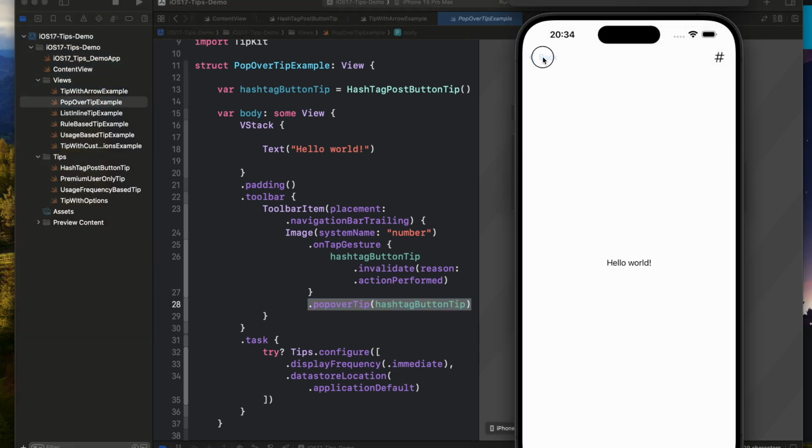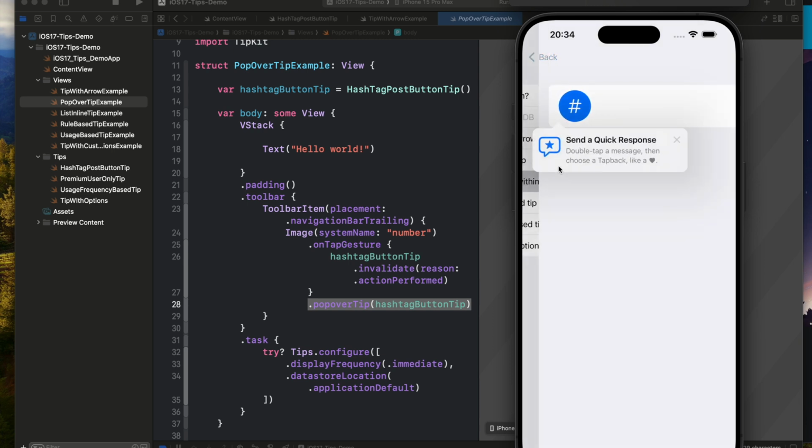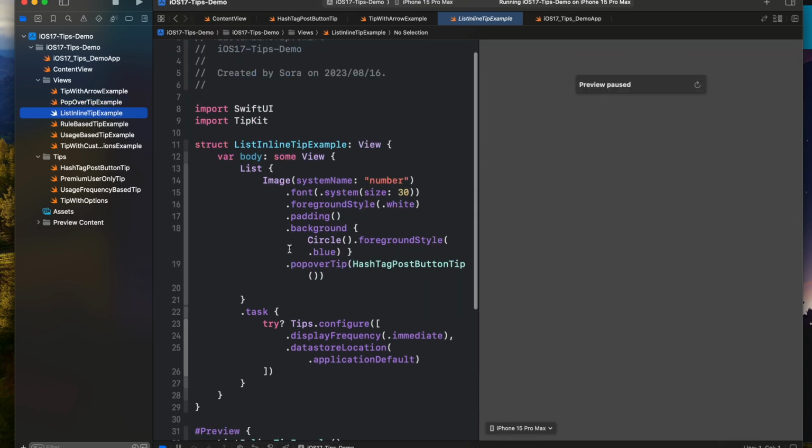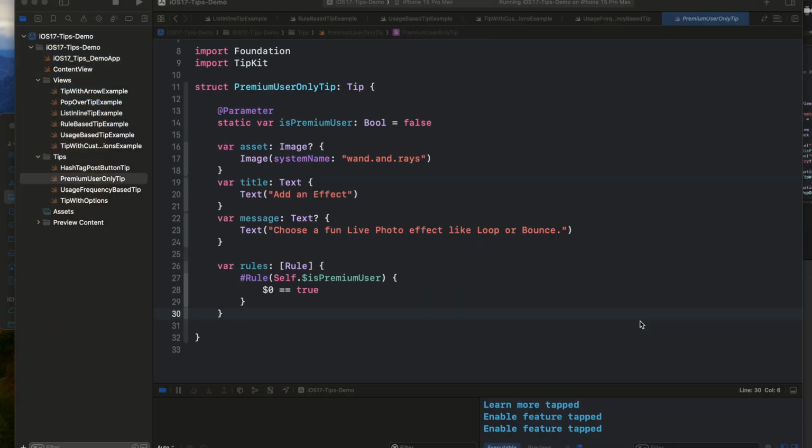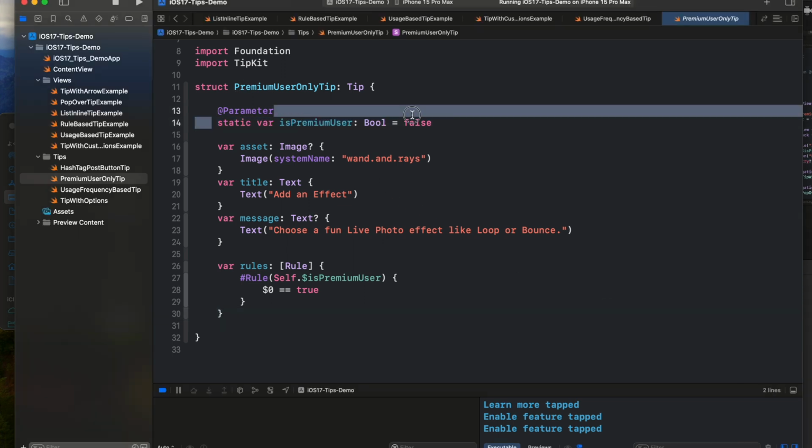All right, so let me show you a few more examples. We can show a popover tip within a list. So this is the same as we can define a popover tip right here, right? Now, using this rules array, we can achieve a thing that is, if a feature is only available for premium users, you can only show the tip if the premium user is set for this